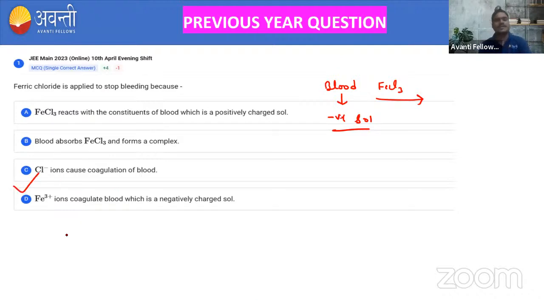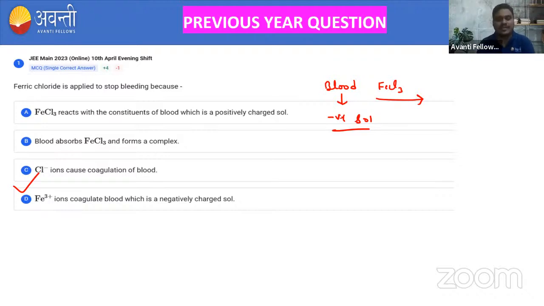That is, Fe+3 ion coagulate कर दिया ना भाई। भाई ब्लड को स्टॉप करना है, तो ब्लड को स्टॉप करने का मतलब क्या है कि आप उसको कोगुलेट कर दो, आप उसका प्रेसिपिटेट बना दो। अगर आप उसको प्रेसिपिटेट बना देते हो तो ब्लड का फ्लो रुक जाएगा ना, वहीं पे थम जाएगा। ठीक है, सो व्हाट यू वांट टू मेक द ब्लड